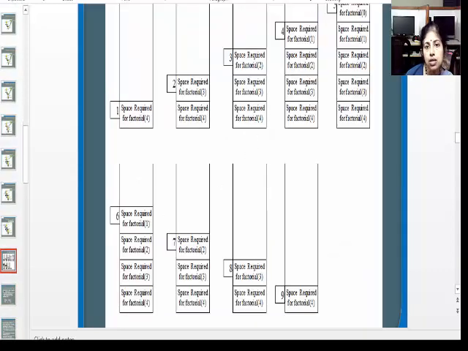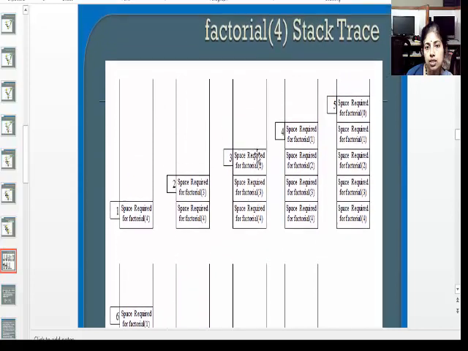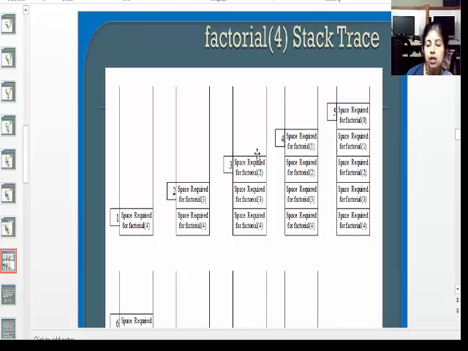And now you can use a stack for storing all the return addresses and the current working environment of the function. And stack has a very wonderful property, that is the last in first out property. So first the space required for factorial 4, that is the return address and all the n values, will be stored here, local values will be stored along with flag values, and then 4 will initiate a call to factorial 3 and 3 will initiate a call to factorial 2 in turn.